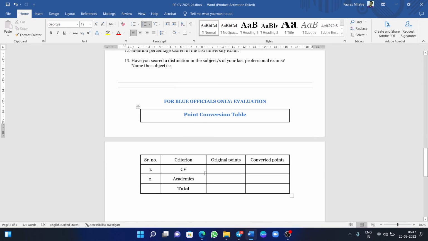And again, I'll repeat that this last table should not be filled by you. It is for officials only. And with this, we are done with CV. And I'll reiterate that please do not